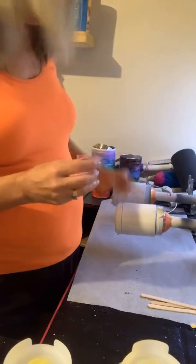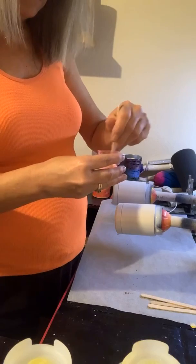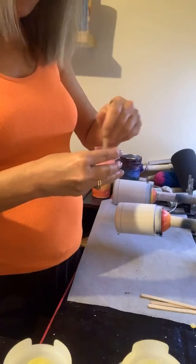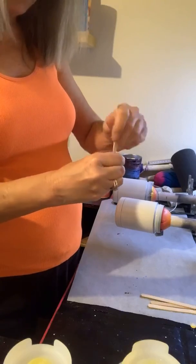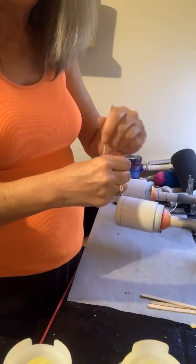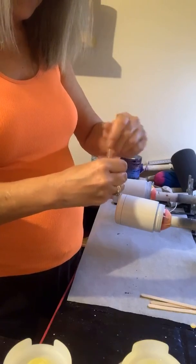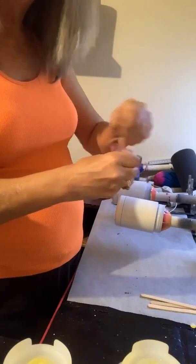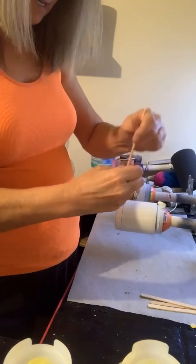So I've got 2 koozies. I'm going to do a white to color on one, and a white to color on the other one, and then a color to color on both of them too. It's almost kind of an ombre effect. And then we'll